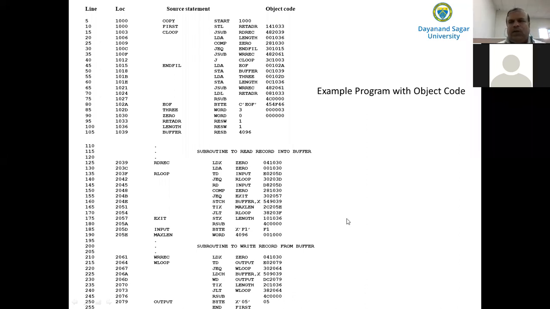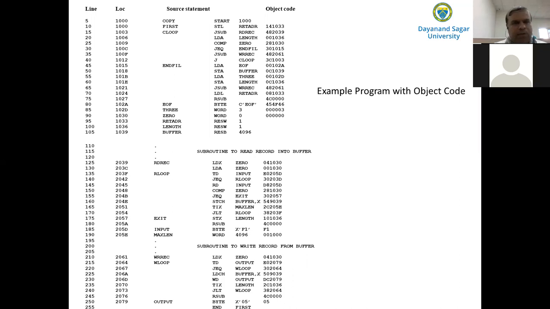This simple SIC assembler makes two passes over the SIC assembly language program. In pass one, it scans the source program for all the label definitions. That means it will assign addresses to all the statements in the source program.